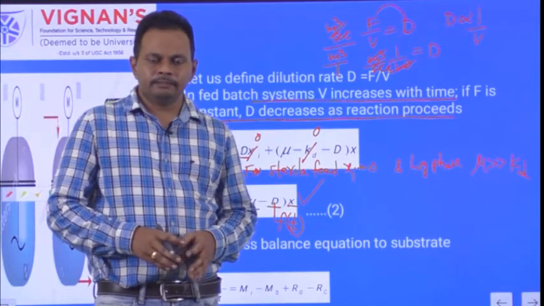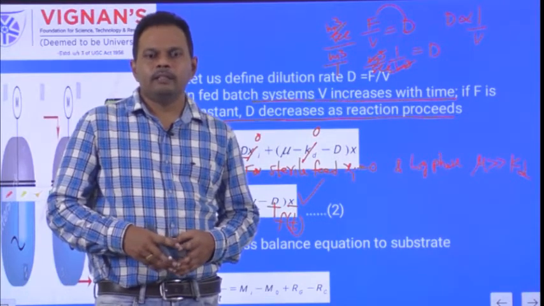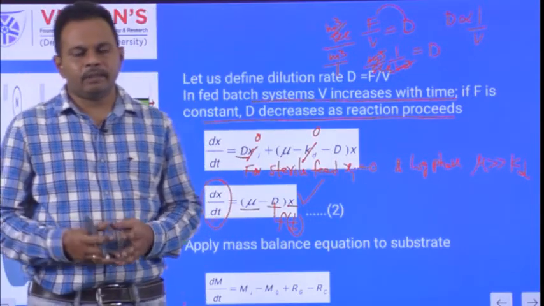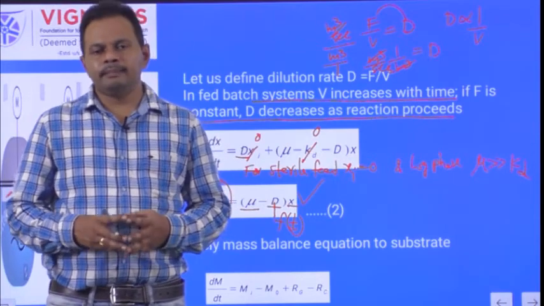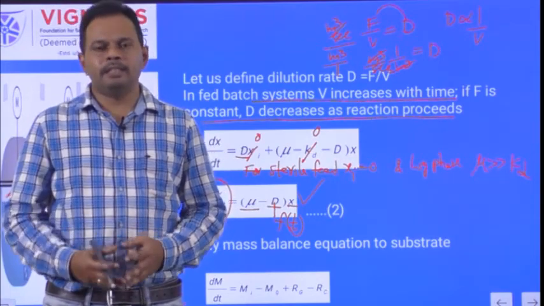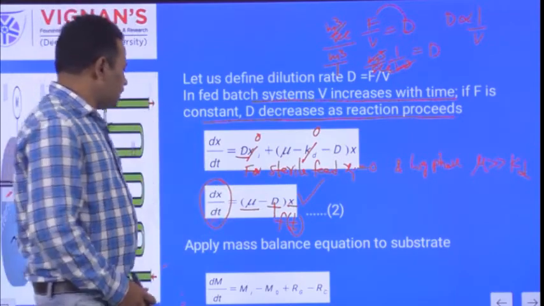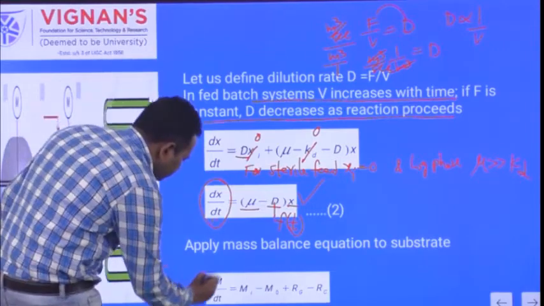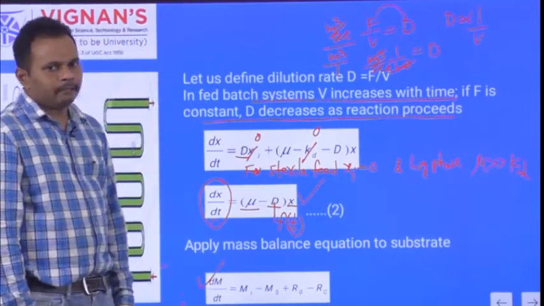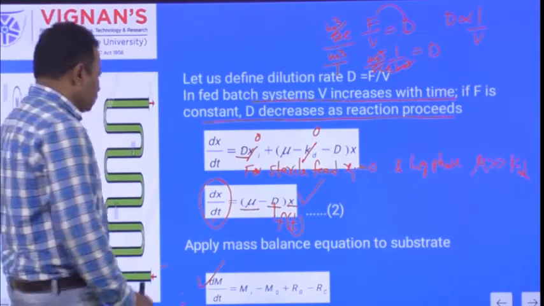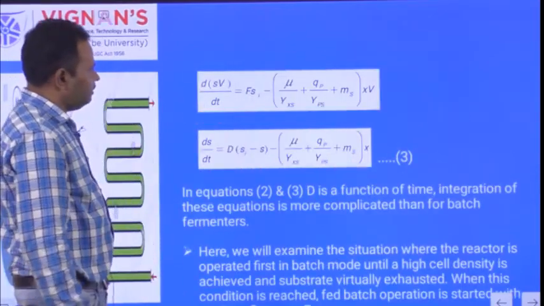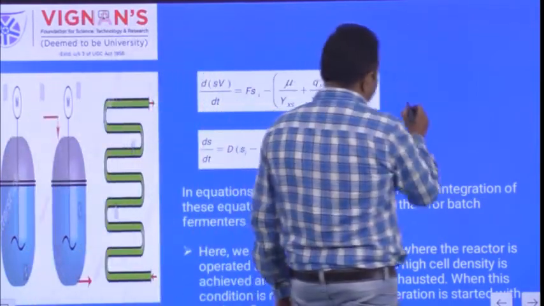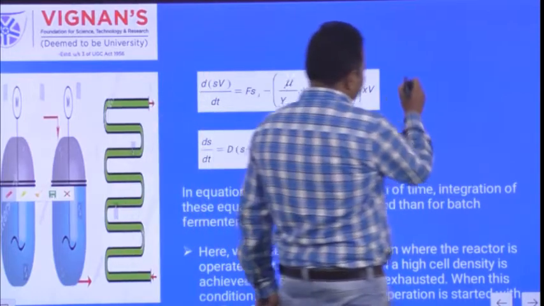So during the cell growth reaction, the cells consume the substrate for various activities. For cell growth, the cells consume the substrate. For product formation, cells consume the substrate. And to keep the cells in viable condition, some amount of the substrate is utilized. Okay. So next one, apply the mass balance equation to the substrate. Again, this equation is dM by dt equals Mi minus M naught plus rz minus rc. So from this equation, again here, write this for the substrate. Within the fed batch fermenter, just now I showed here, this is the fed batch fermenter.